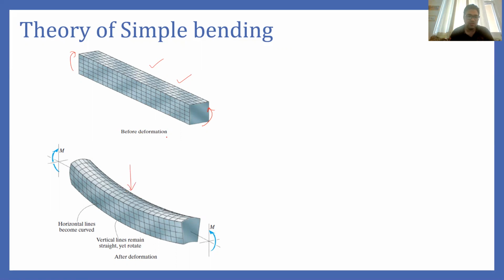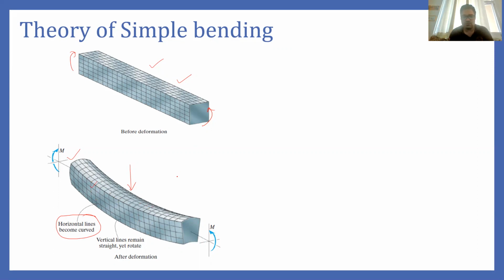When this beam is going to bend, what actually will happen to the fibers of the beam? Now, the fibers of the beam, if we consider them as vertical and horizontal lines, then what actually will happen to these vertical and horizontal lines? Because of the bending, all the horizontal lines in this beam which are marked become curved, and similarly the vertical lines on this beam under the effect of bending are still straight lines, but they are rotating.